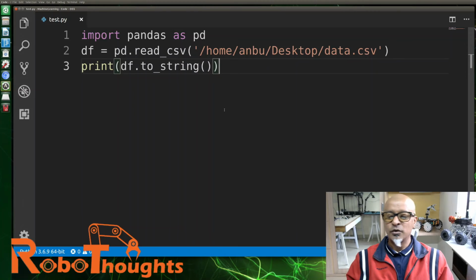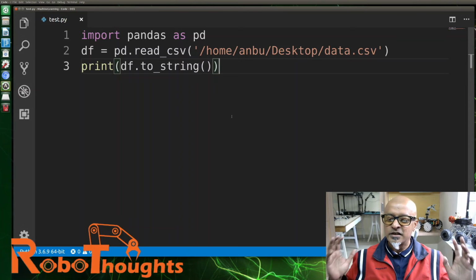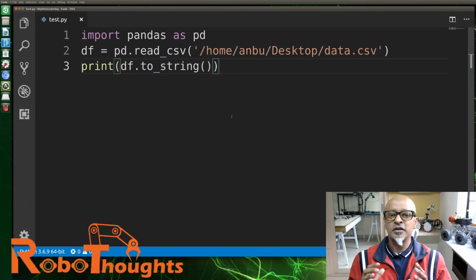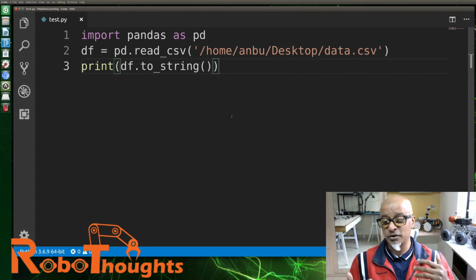Now basically, guys, by default, when you print the data frame, you will only get about the first 5 rows and the last 5 rows. If you have, for example, a trillion rows of data and you need to print a whole lot of things, that's not going to happen so easily.